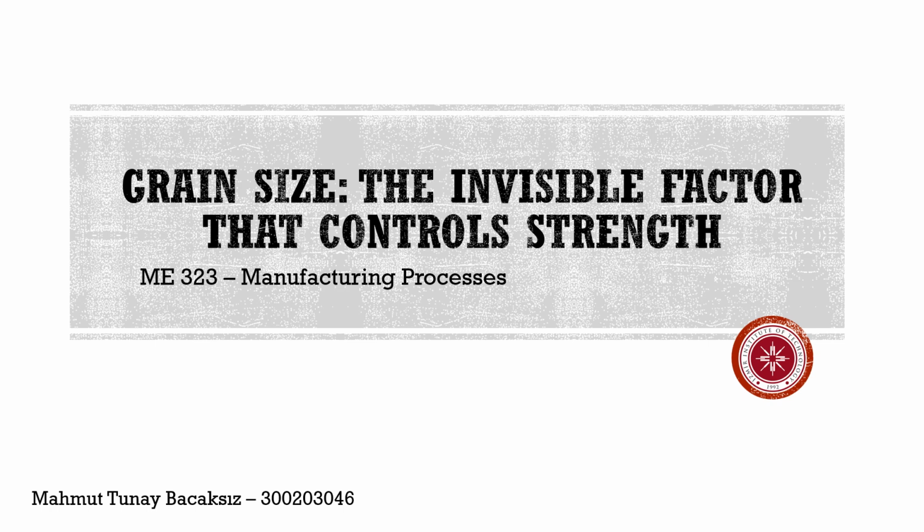What if I told you that something you cannot see with your eyes can decide how safe a car is during a crash? We often think strength comes from thicker materials or stronger alloys. However, in materials engineering, strength can also come from something much smaller: grain size. So today, I want to show you how the internal structure of metals, specifically grain size, plays a crucial role in strength and safety. Grain size is an invisible parameter, but it strongly controls how metals deform, absorb energy, and ultimately protect us in real applications.